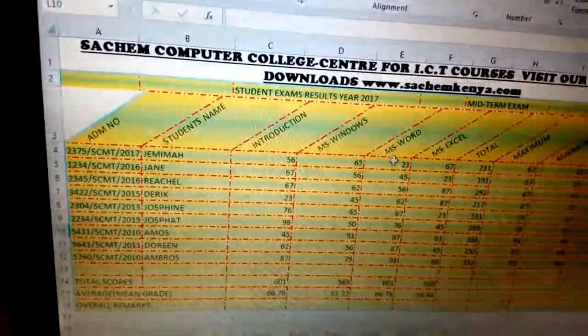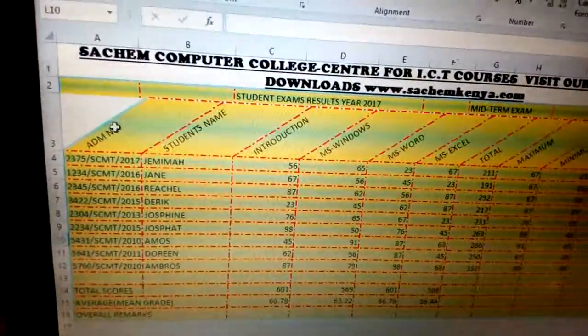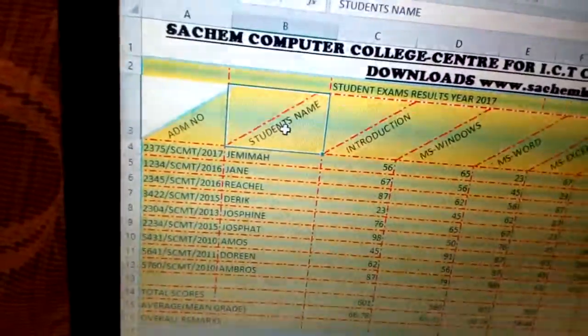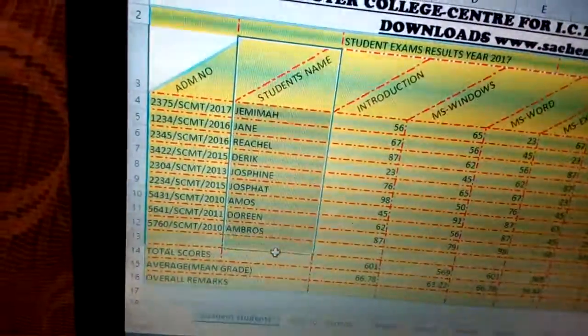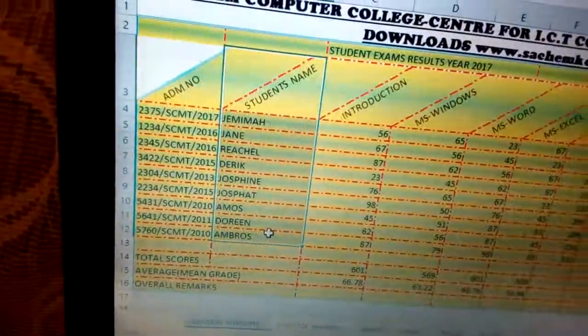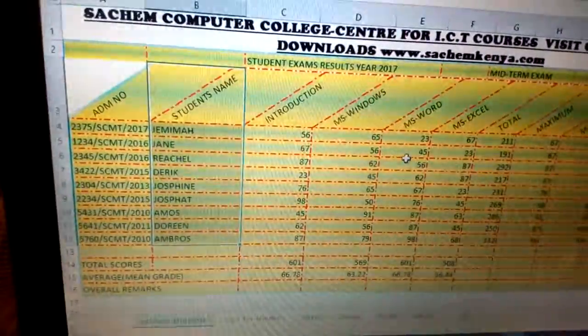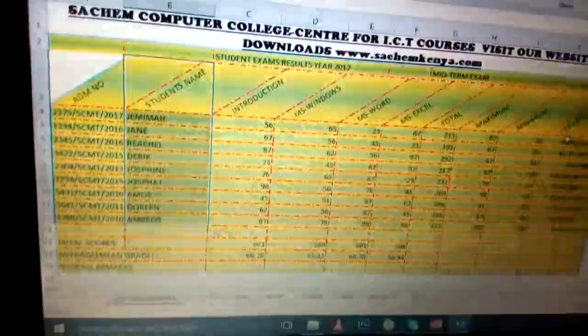And now with that one, I can choose to insert a chart. I need to highlight the information I want. For example, I need this one for student. I need to highlight up to the last name. Once I get up to there, then I need, for example, average. Average means you have